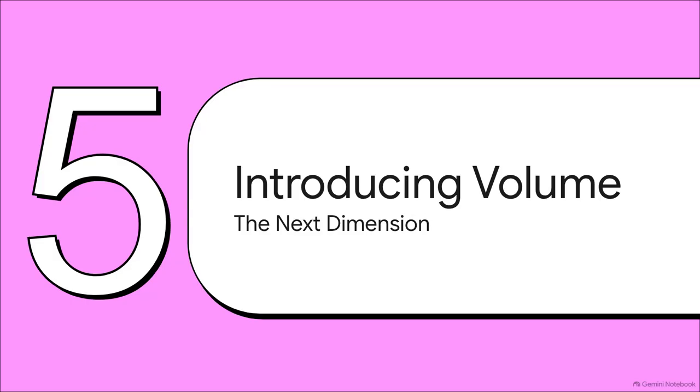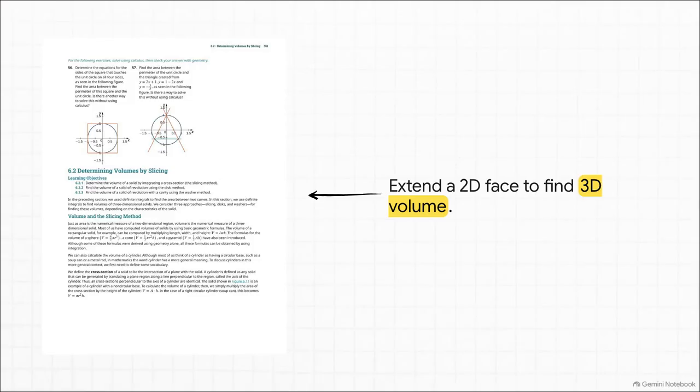And finally, Section 5, Beyond Area, introducing Volume 3, The Next Dimension. Let's move on and see how this builds, because this is where the whole journey is headed next. Here we have a 3D solid generated by translating a plane region along an axis. You see, the area we've been finding this whole time, it's really just a flat cross-section. If we know how to find the 2D area of that flat face using the integrals we just learned, finding